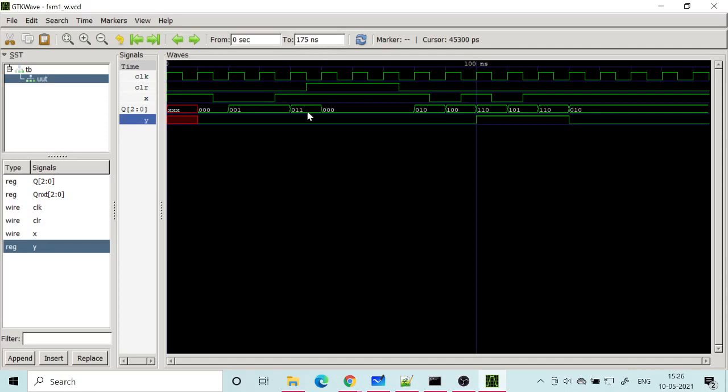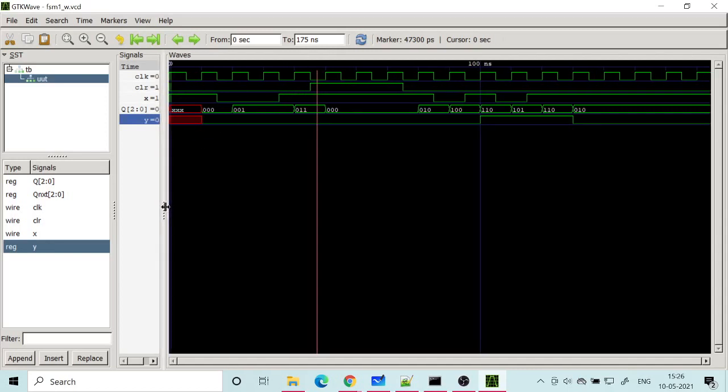State 3 means, because it's a 0 1 0 sequence, so this is 0 and this is 1. So 0 1, and if one more 0 comes, the sequence would have been detected, but before that the clear came. So clear became 1. You can see the value printed here.